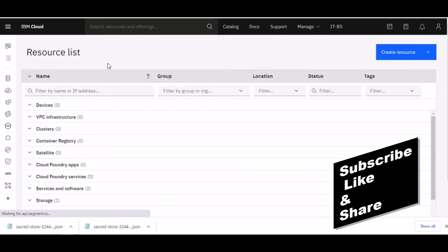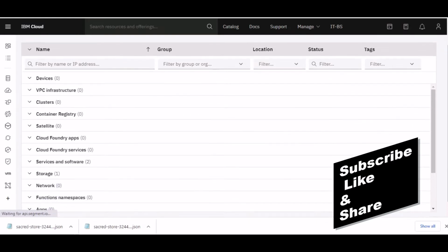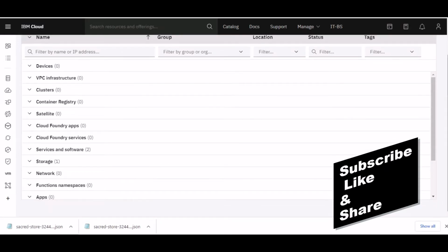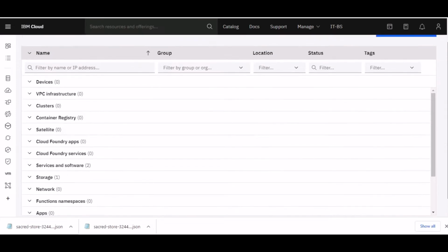Okay, so you see the number of devices, VPC, infrastructure, clusters, satellite, storage, network, services and software, Cloud Foundry services. So whatsoever you subscribe to and how many of those resources you have will be shown, and you can